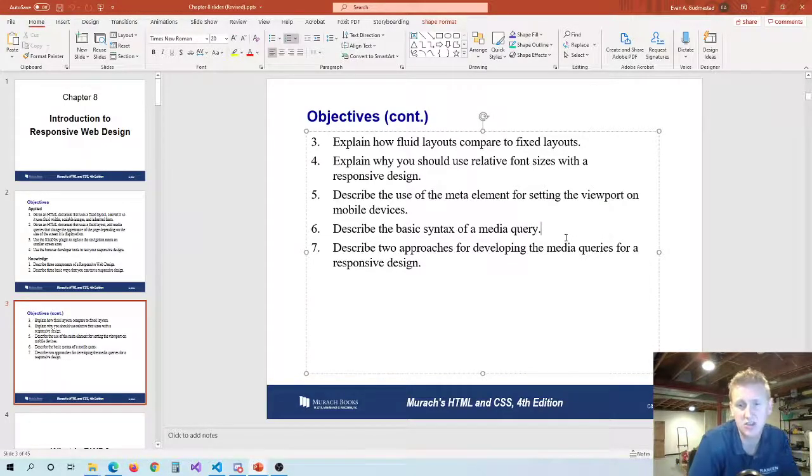Why it's called a media query, but it's just not a name that people remember easily when they're first learning it. So I almost wonder if there could be an easier name to remember. But what a media query is